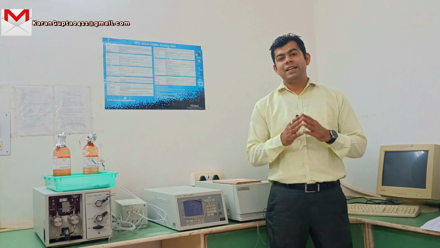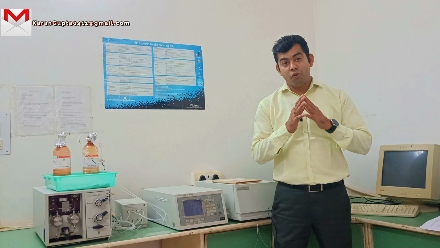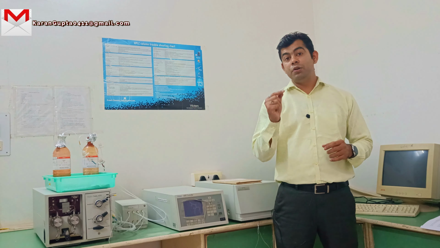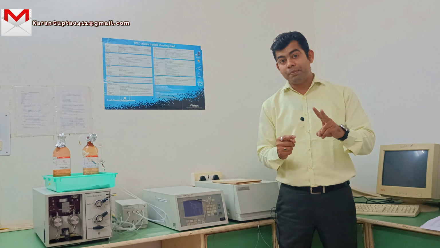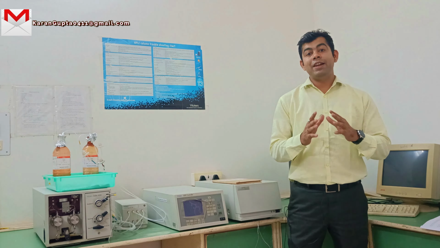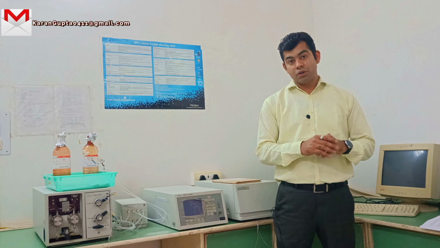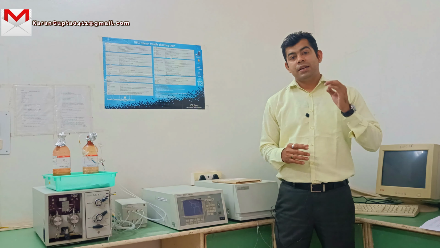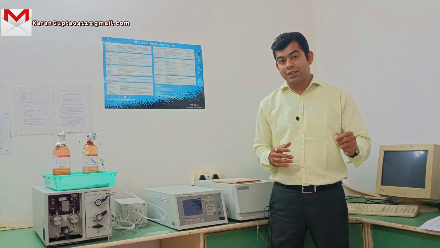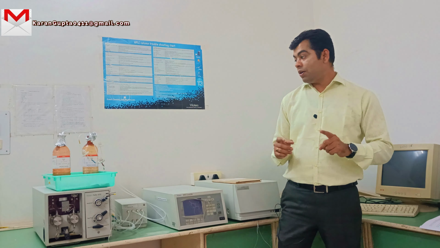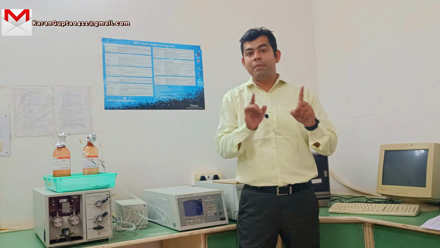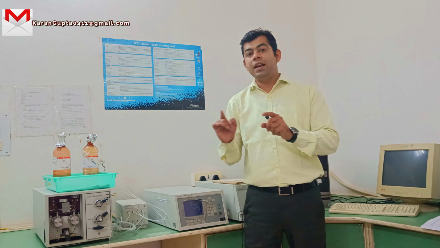So HPLC is classified according to four parameters, and the most important parameter is the elution type. HPLC has two types: first is isocratic and second is gradient. I will explain what isocratic and gradient mode are. First, what is isocratic mode? In isocratic mode, you have to prepare your mobile phase ratio first and then run. It will contain only one tube. So first you prepare your mobile phase and then run in isocratic type.